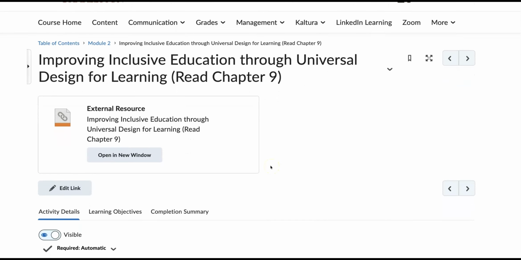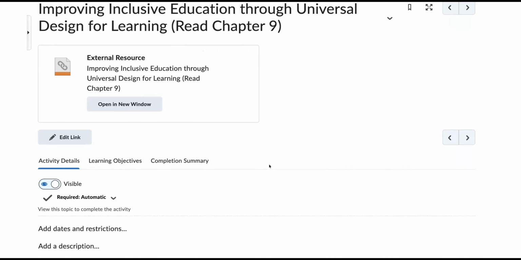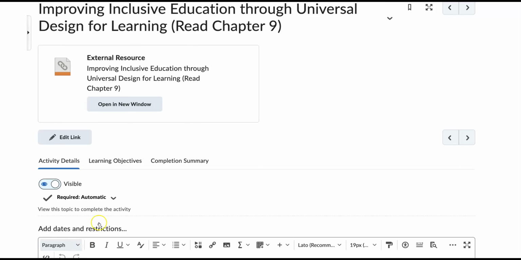And I'm also going to add a description and provide some explanation for how to get to the full text from the permalink. Some platforms are easier for most students, so I'm making a recommendation based on my own preferences, but I'm still providing access to all the platforms through the link in case students have different preferences or needs. You can make a recommendation if you like, or leave it up to students to choose. So I'll click on Add a Description,